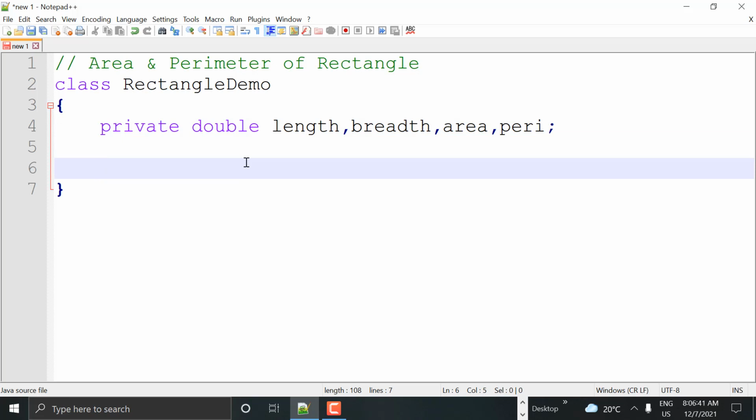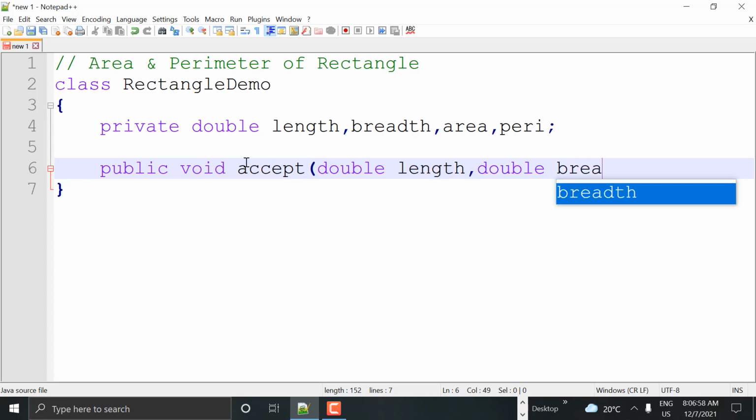Now I'm taking a method called accept. I'm taking the public access modifier for methods like accept, in which I'm taking double length and double breadth.